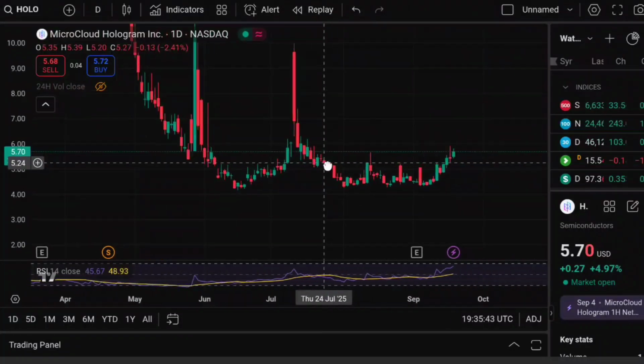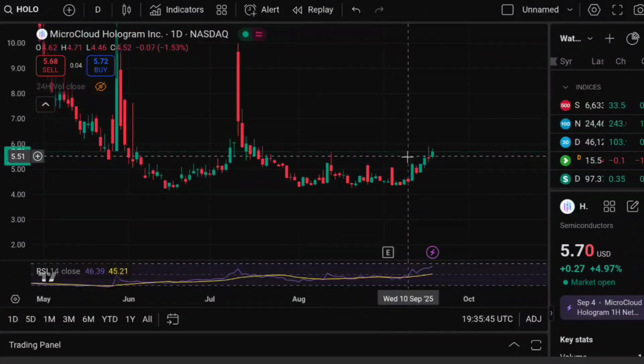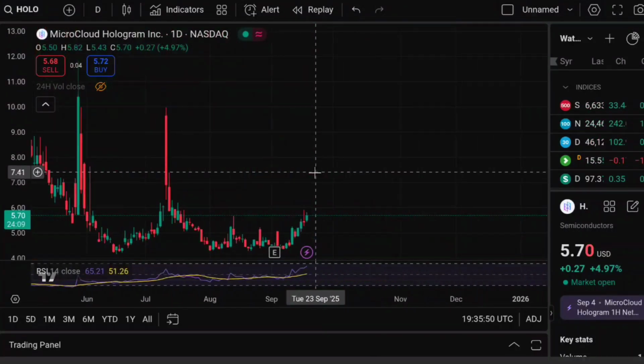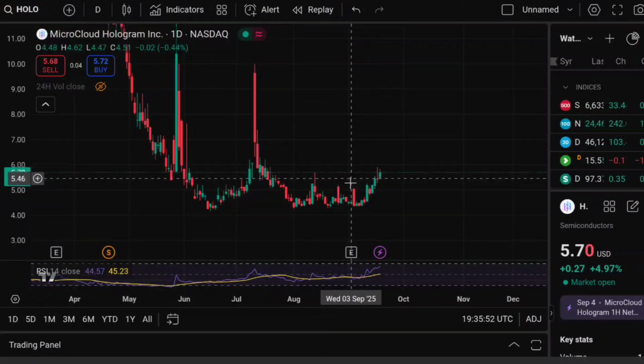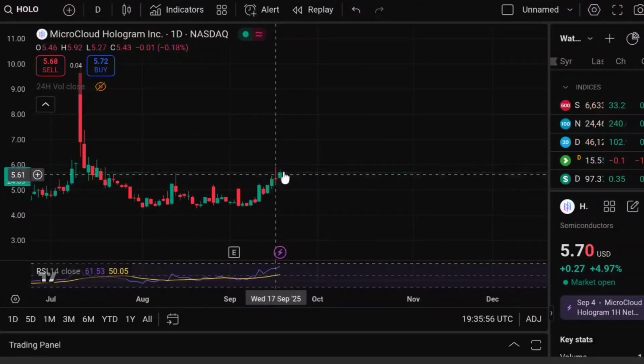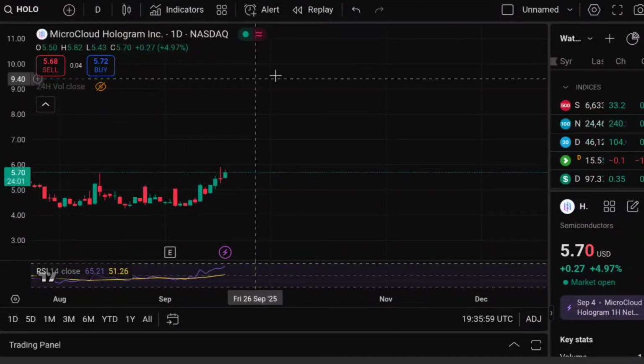I think this stock is one with a lot of potential, but you'd need to be seeing these breakouts come in sooner rather than later. Again, it can happen. I do see that there is a lot of potential here, and I really do think it is the case, but only time will tell. And I think these levels that we're at right now are going to be extremely crucial for the next potential